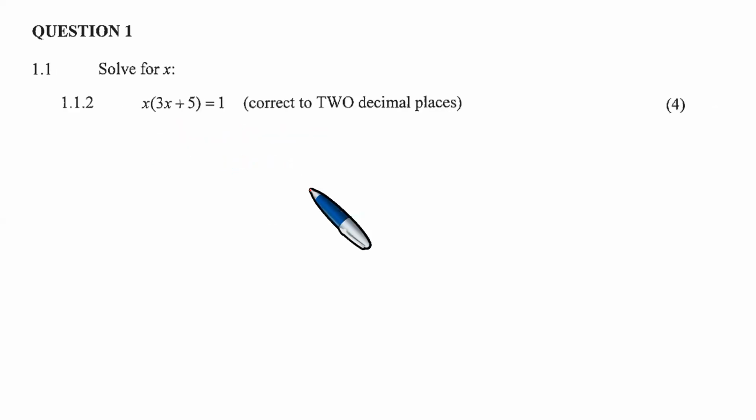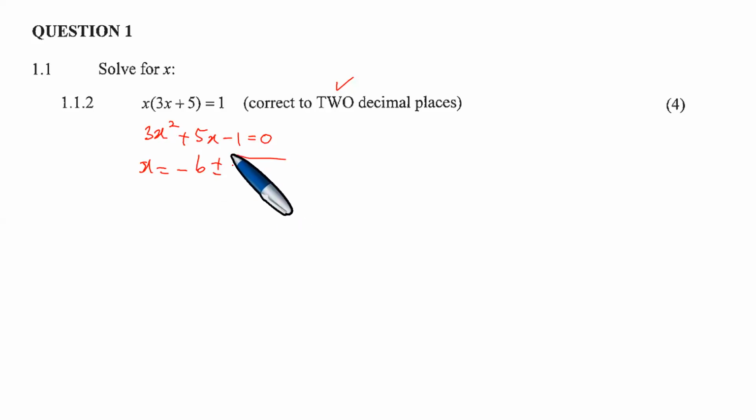We need to solve for x in the next question, given this expression. This expression must be solved correct to two decimal places. So what we have therefore is exactly 3x squared plus 5x minus 1 equals 0. So you need the quadratic formula. Once the examiner says correct to two decimal places, what does the quadratic formula say? It says x equals minus b plus or minus the square root of b squared minus 4ac